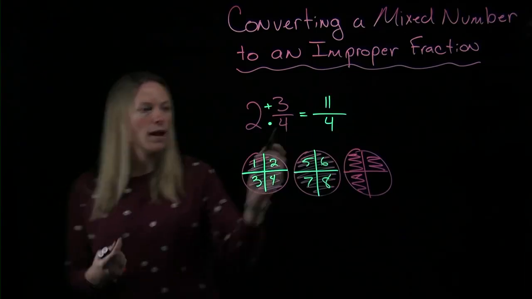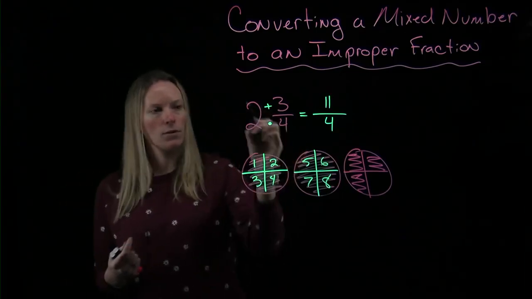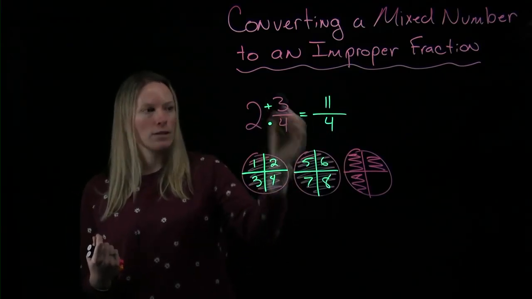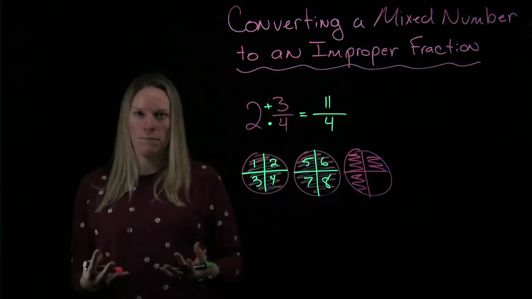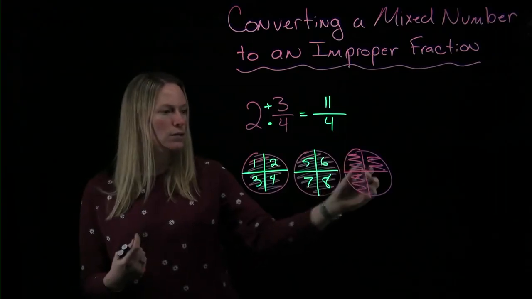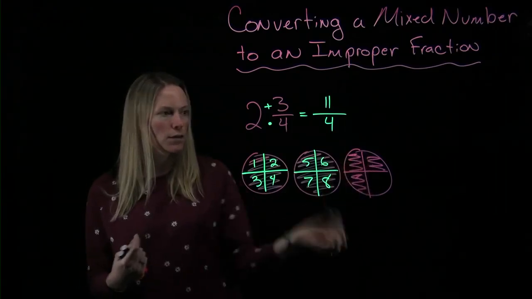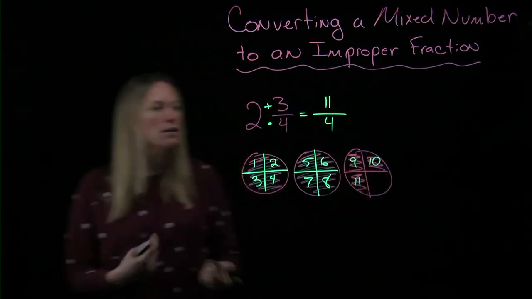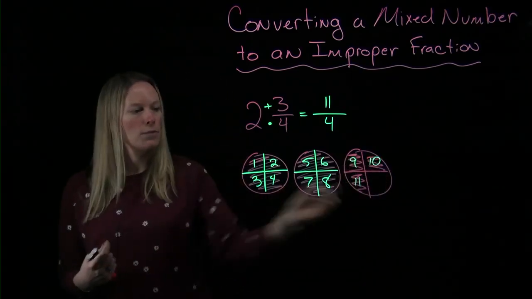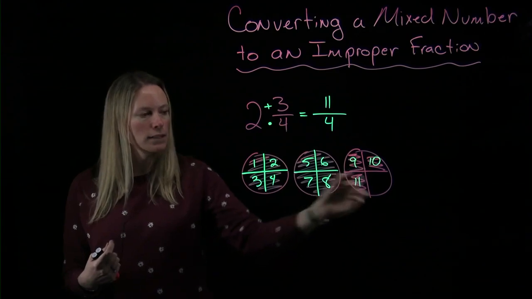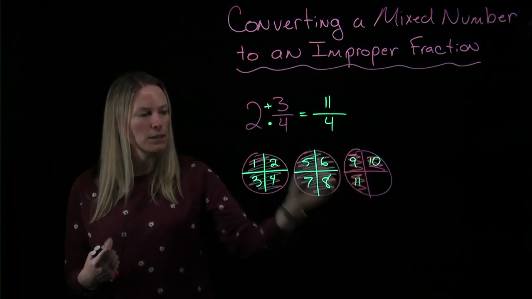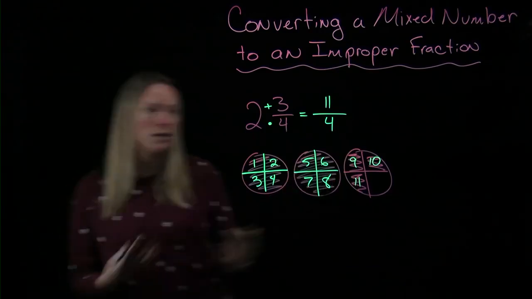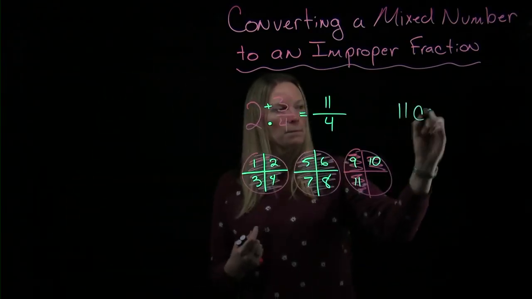Now, after we've actually multiplied our denominator and our whole number together to come up with the 8, we had to add 3. Well, where did those additional 3 come from? You'll notice in our graphic, those additional 3 actually come from our third circle. So I have 9, 10, and 11. So now you'll notice that I actually end up with 11 pieces of my visual here that represent a 4th. In other words, I have 11 copies